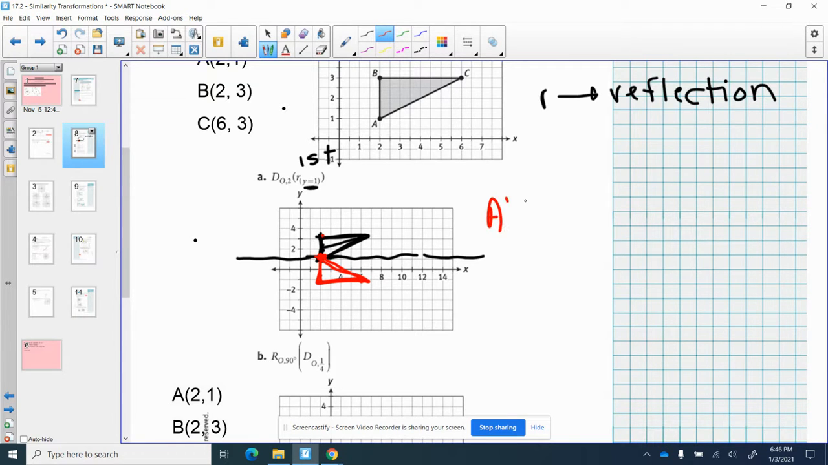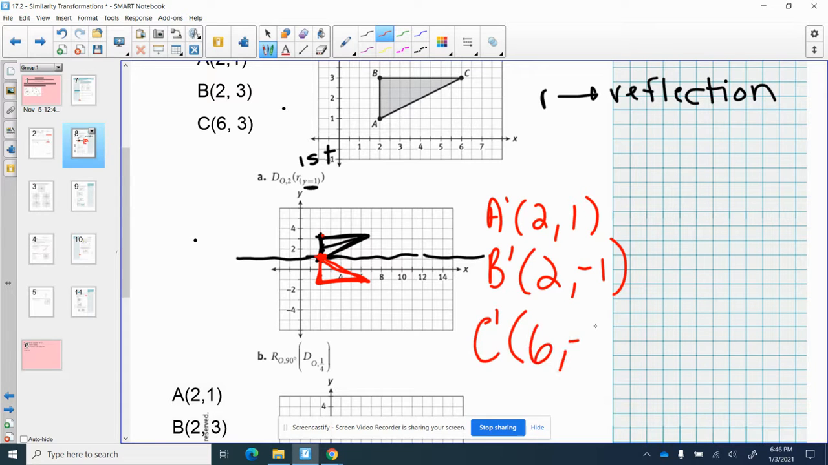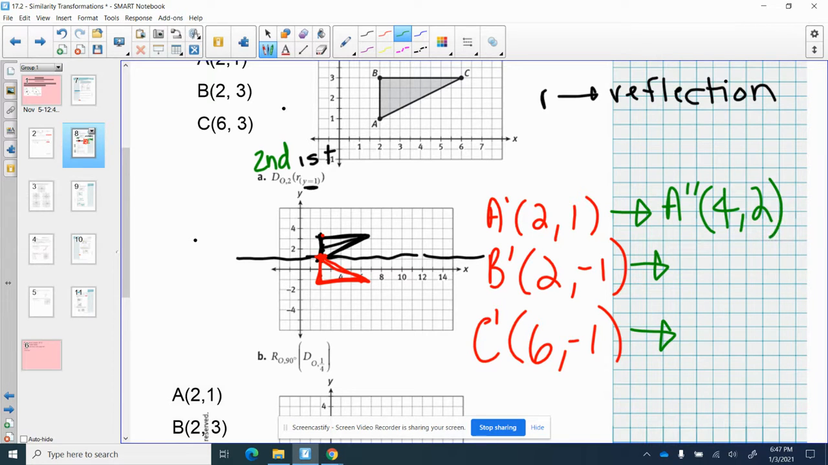A prime, which is at (2, 1) still. B prime, which is at (2, -1). And C prime, which is at (6, -1). Okay. Now from here, the second thing they want us to do is a dilation with a scale factor of 2. So we're going to take these new points and multiply everything by 2 to find our final location. So A double prime is (4, 2), B double prime is going to be at (4, -2) when (2, -1) is multiplied by 2, and then (12,